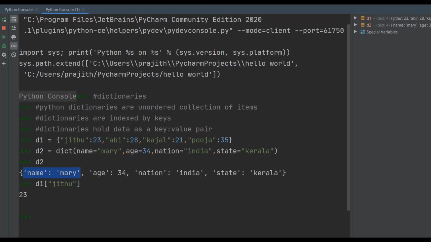Also we can use the get method to access items in a dictionary. Actually these methods are also functions. The difference is that methods are functions that are associated with an object or a class. Okay, so if you want to get the value that is the age of Abi from d1, type d1